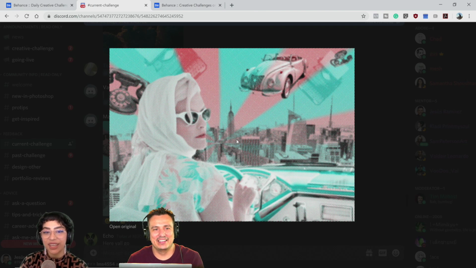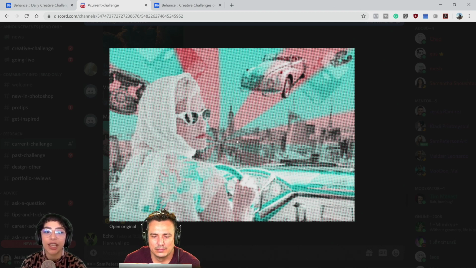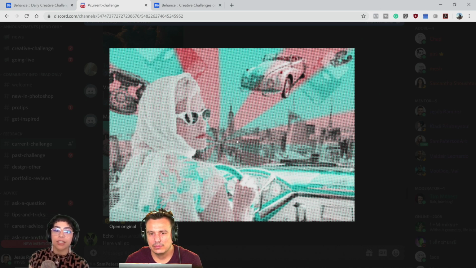Yeah. Okay. I love this flying car and the telephone, and it's really cool. You can see it kind of looks like, because you see the car moving towards her, and you see her driving towards the city, it feels like she's in the sky as well. So I love that added component for context, and putting the cityscape in front of her as well. It looks like she's above it. So I love the perspective.